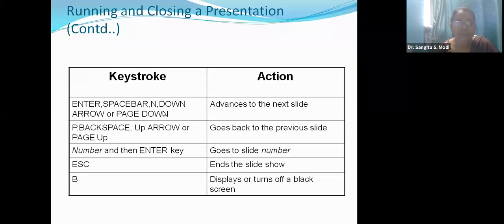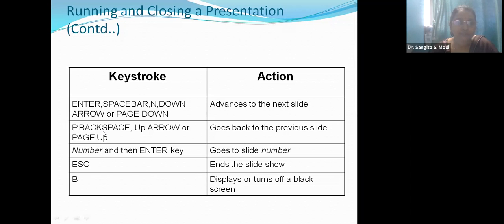Enter, spacebar, N, down arrow or page down advance to the next slide. If you want to go to the next slide, you can also press the page down key on your keyboard.